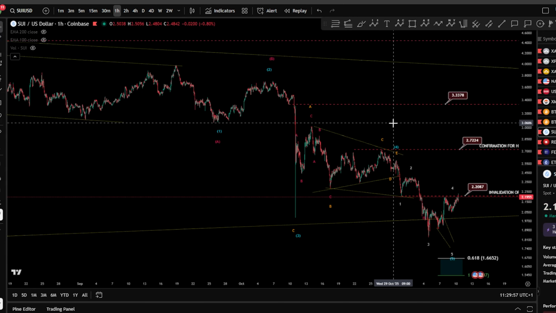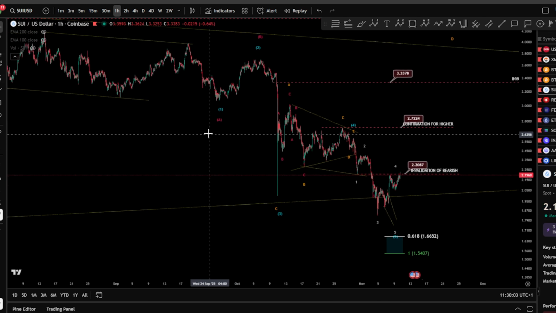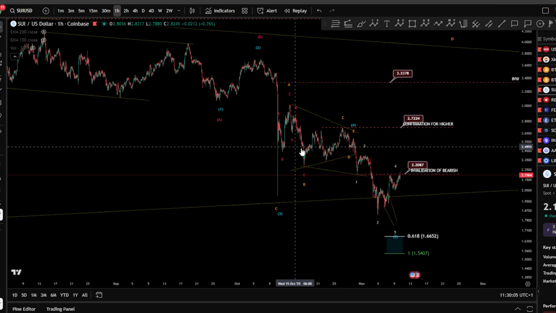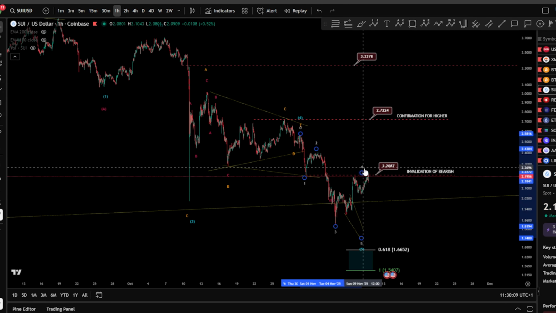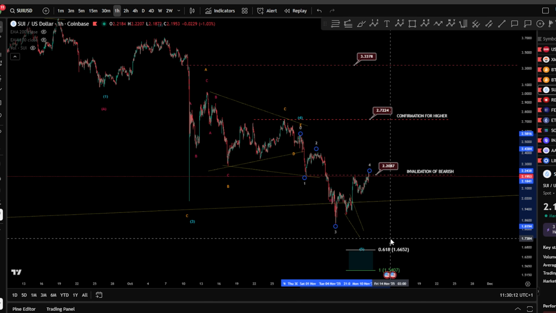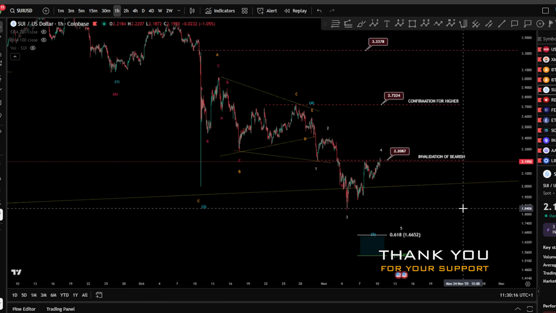Hello everyone, welcome to a new video for SUI, Render and FET price prediction based on Elliott Wave analysis. We're gonna see what happened in those coins. Of course, during the weekend and during our live analysis in the weekend, we mentioned that these coins are very critical right now, that they might see some reversal toward the upside.